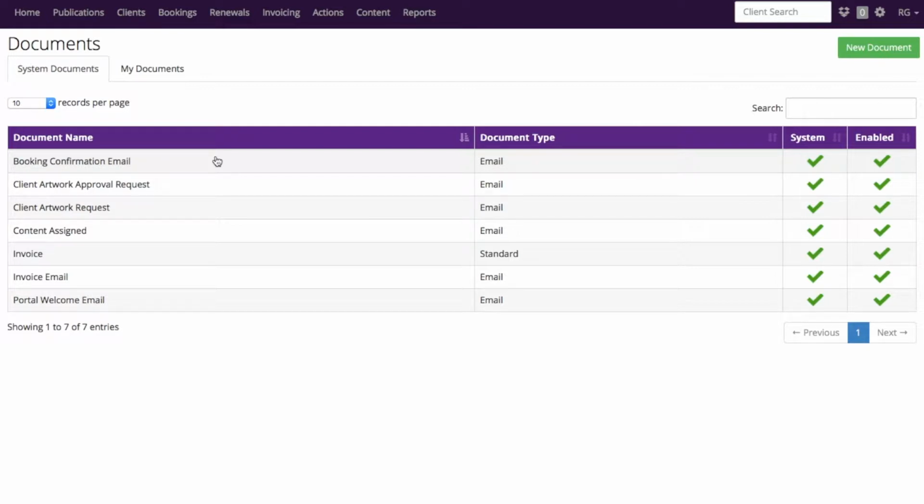The client artwork templates are used when you request artwork or artwork approval. The content assigned email template is sent automatically when you assign content to someone. And the invoice email is a template used for emailing invoices to your clients. The invoice template is a PDF, the standard document type, and this template is used for creating PDF files for